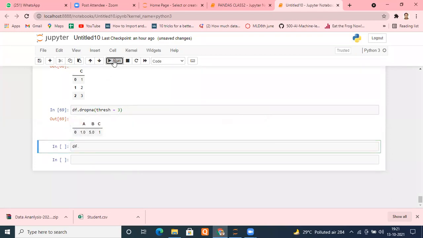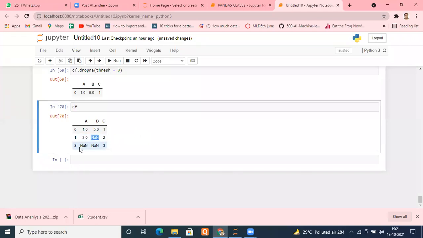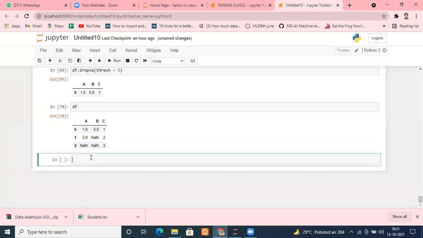Now let me check DF again. And suppose I want to replace these NaNs with my value, whatever I want. Suppose what I am doing now, I want to replace them by whatever I need.